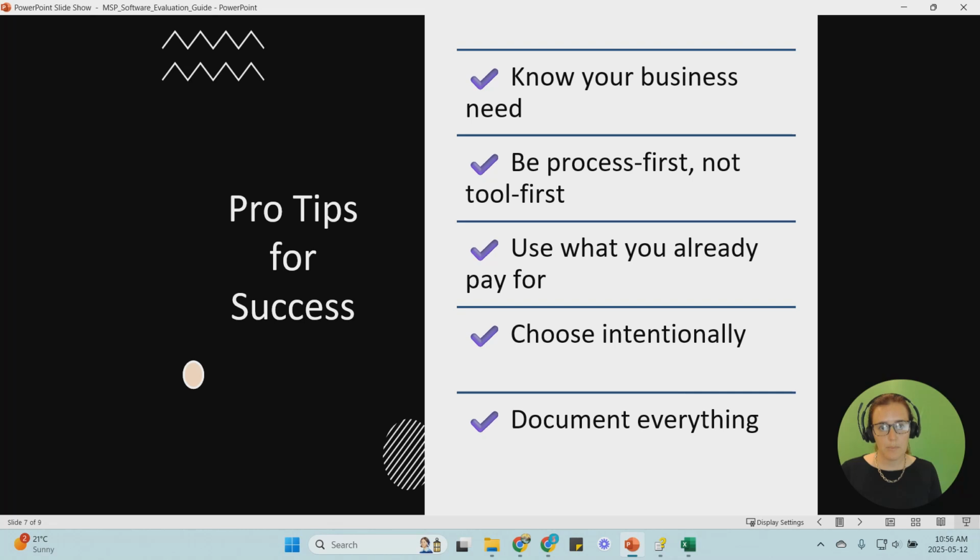Take the time to implement, have one person who's in charge of being the go-between between the two systems, and then finally document everything as you go through this process. It can be scary, but the more you do this, the more you're documenting, that needs analysis is going to grow as you continue to implement new software. And eventually you should be able to look at your stack and know exactly what each of those softwares does for you and how it solves a business need internally.